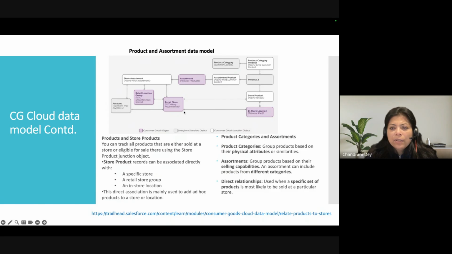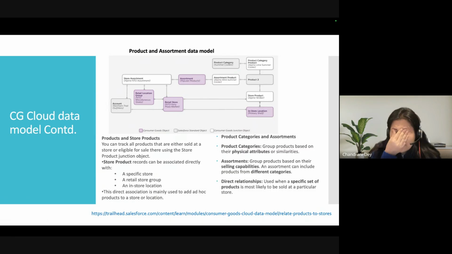Again, a store product may also be related to a location, retail store group, and also an in-store location. So where are you going to capture the location in the store where a particular, say, chocolate bar or medicines, maybe in a retail store, common medicines?